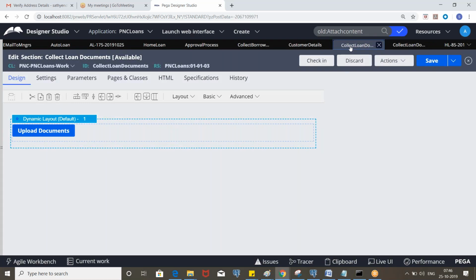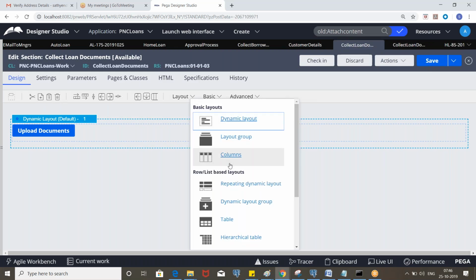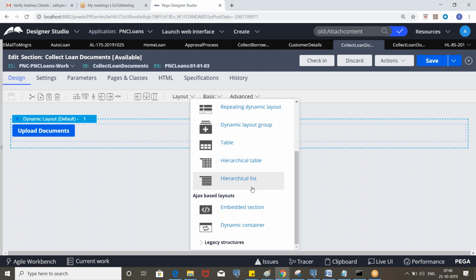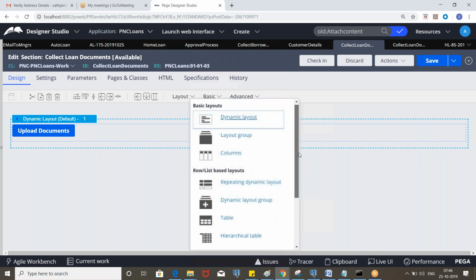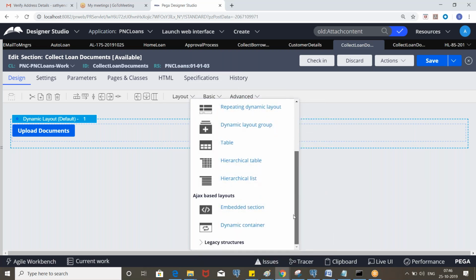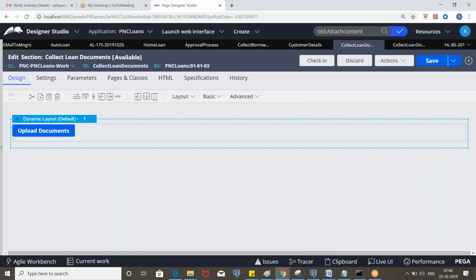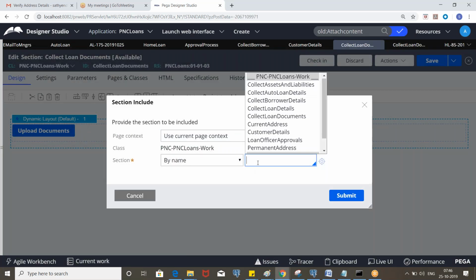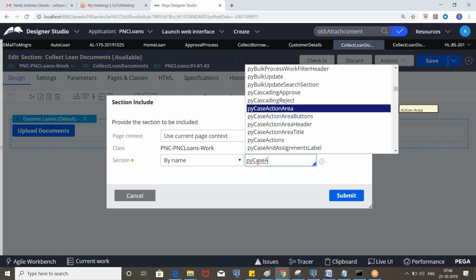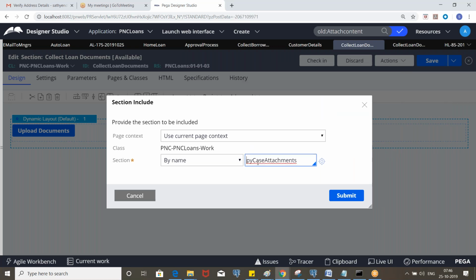Go to the section and include the section called pyCaseAttachment. So whatever attachments we have for that particular case will be displayed, right?